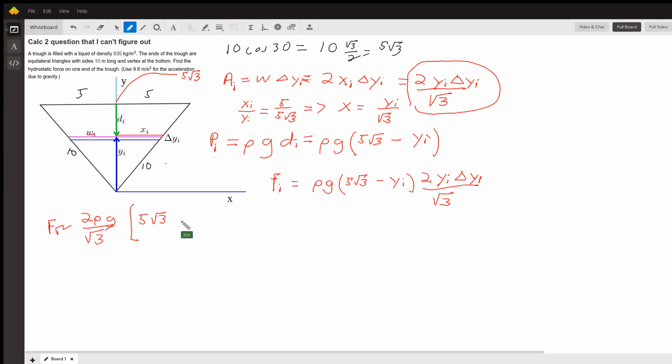3 times y sub i minus y sub i squared. And of course, all this is going to be multiplied by delta y sub i. Okay. Well, in that case, then the total force, or an approximate, or then the total force is going to be